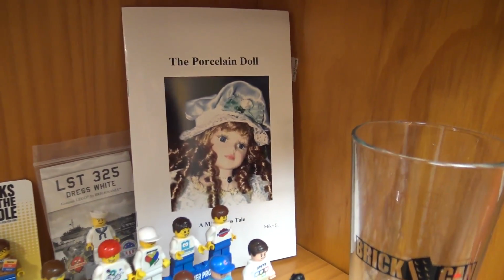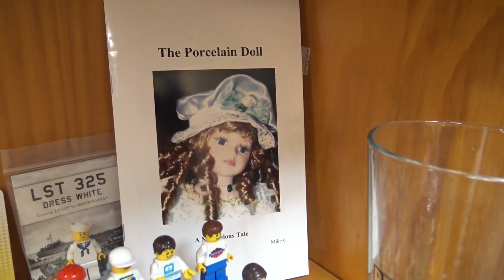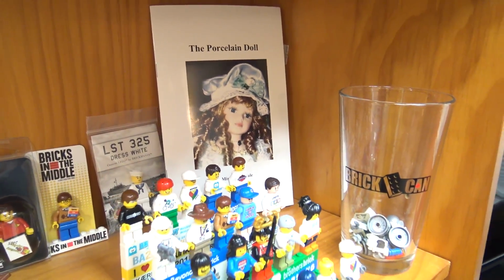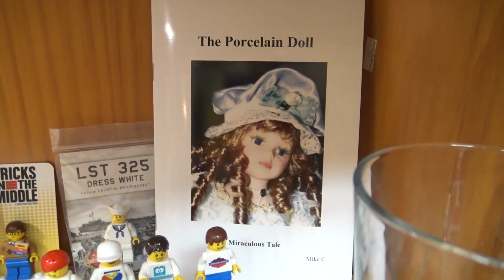We should talk about this book back here. What is this? So that was done by Mr. Red, who is a GBC builder that has popped up in our GBC builders, I think a few times over the years in our GBC videos. And he actually wrote a story based on an interaction he had with a young girl at the GBC display